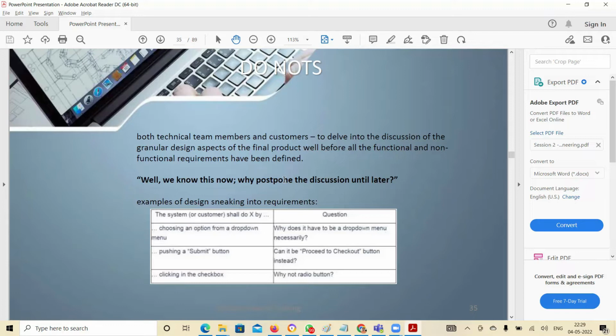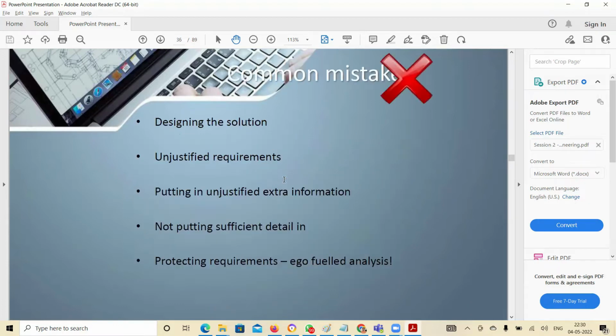Clicking on a checkbox, just like the first one. Why not a radio button? Why not a drop down? We shouldn't get into the design aspect of the product or the feature. Focus on the working of the feature. A common mistake is that we start designing the solution. We feel the feature is easy, or that we have to give the solution immediately.